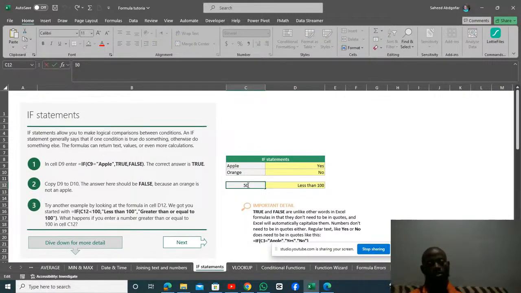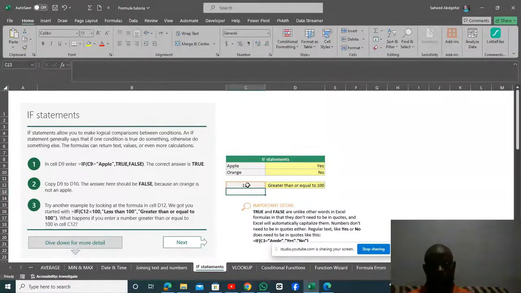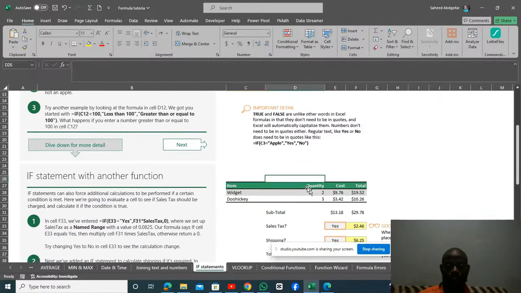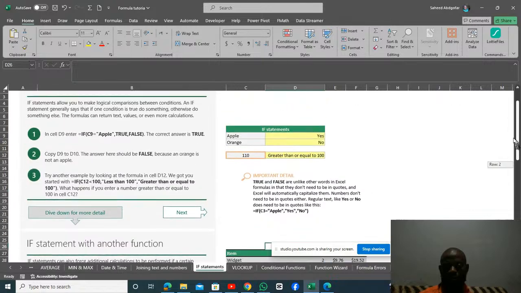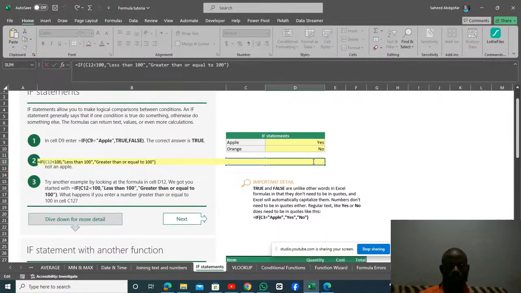So let me say 110 is greater than or equal to 100. So you can see 110 is not less than 100. What I want you to observe here is what is happening as we write this code. Look at here. If the question says C12, the value inside that cell is less than 100, you say less